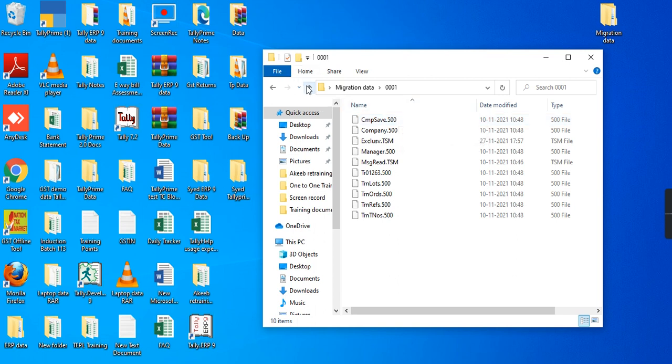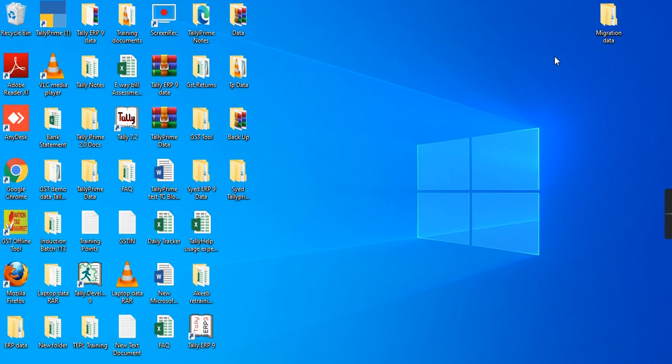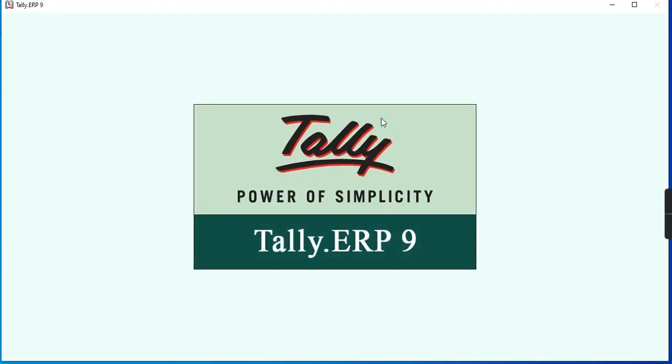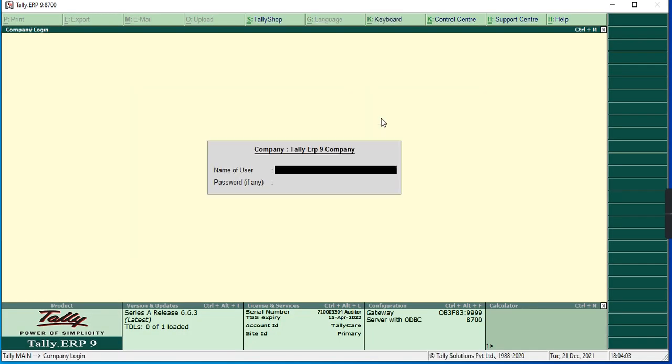To convert this data to Tally Prime, you should have already installed Tally ERP9 and ensure that Tally ERP9 is running in a licensed version. If it's running in education mode, you cannot convert your data. Now you can see the Tally is running in a licensed version.